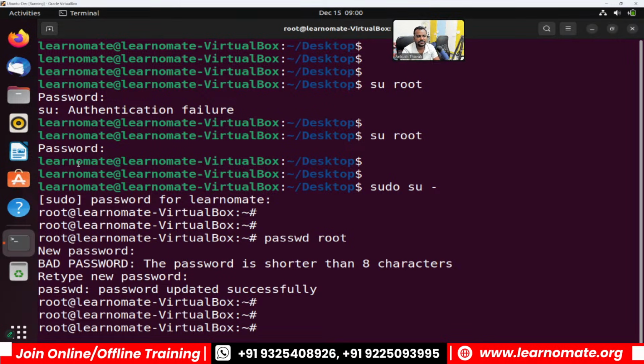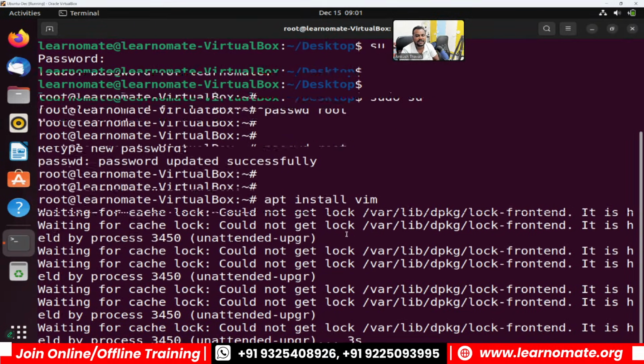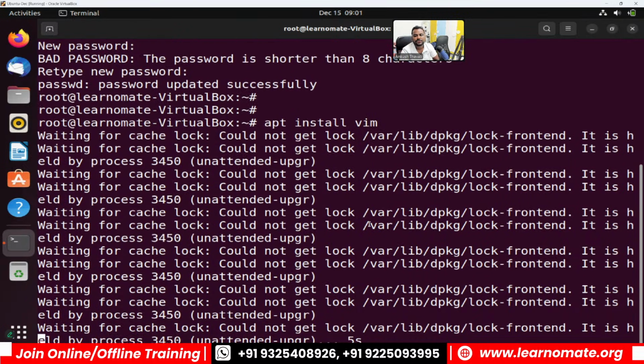I was logged in with the learnermate user, but now I have logged in with the root user. Why am I switching the user? The main reason is I want to install the package, but the package cannot be installed by the learnermate user. He's a normal user, so root user can do everything. So how to install a package in Linux, especially in Ubuntu? apt install vim. Press enter. Whenever I run this command, internally it will go to,